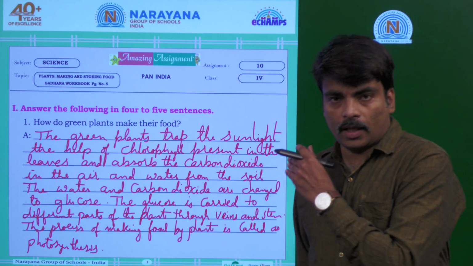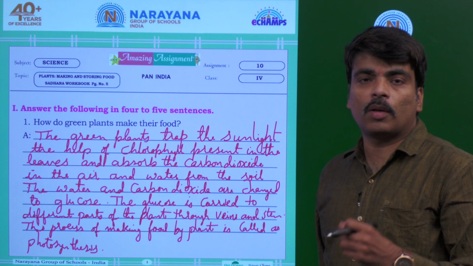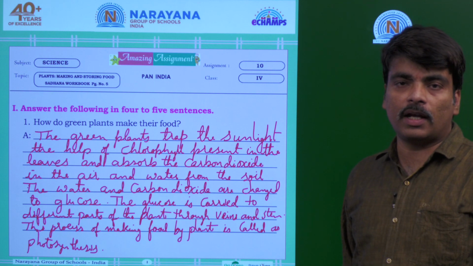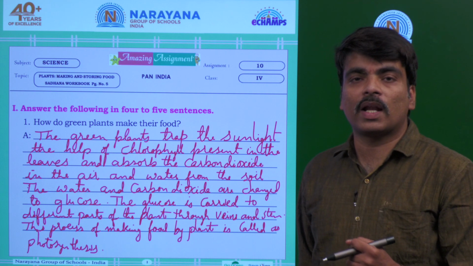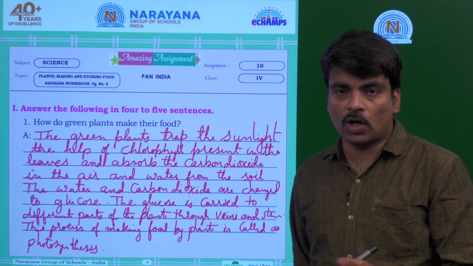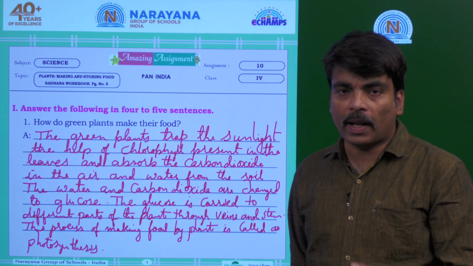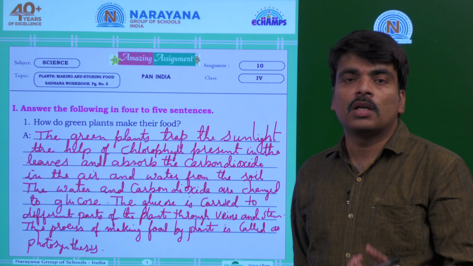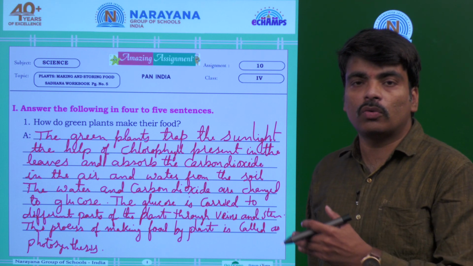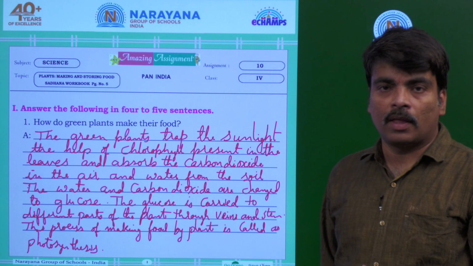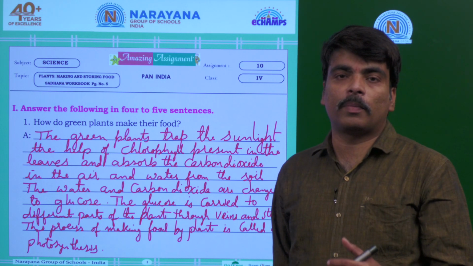So, once again, photosynthesis is a process of making food by the plant. They prepare the food in the presence of sunlight, absorb the carbon dioxide from the air and water from the soil as well as minerals. All these are absorbed, and with the help of chlorophyll, glucose is prepared by the plant. This prepared glucose is supplied to different parts of the plant through veins and stem. This is how the plant prepares and utilizes the prepared food.